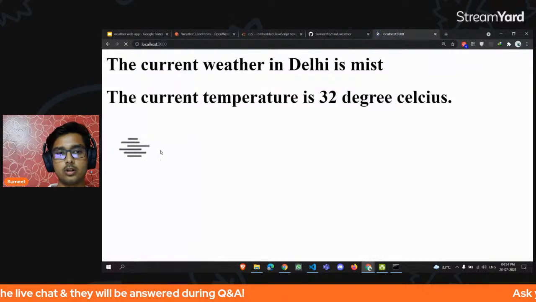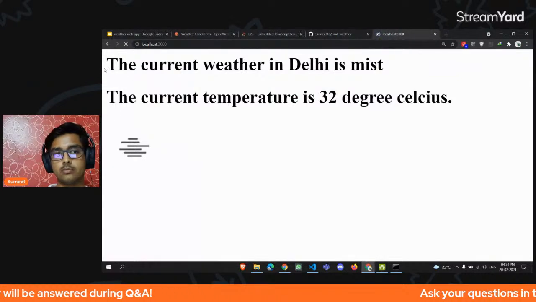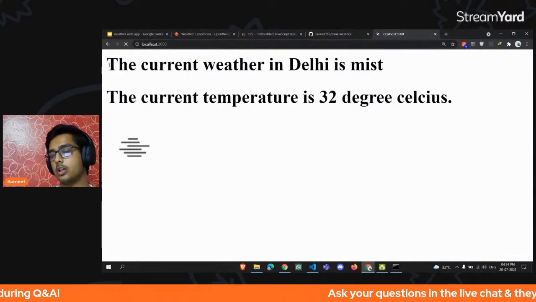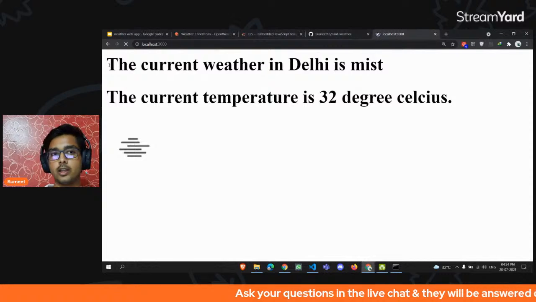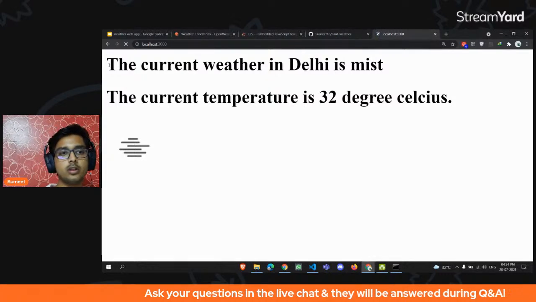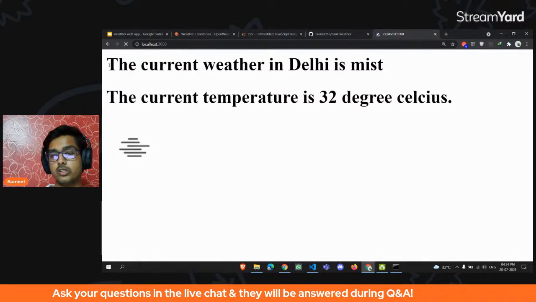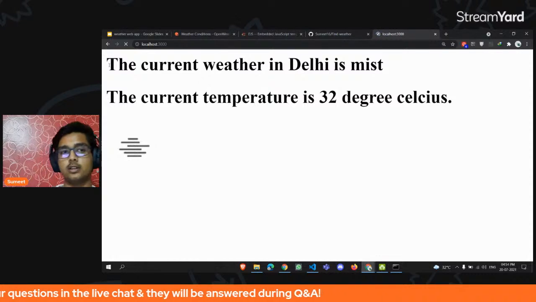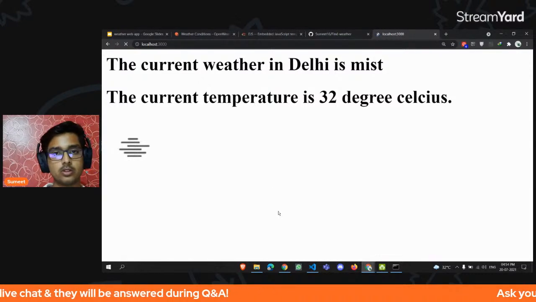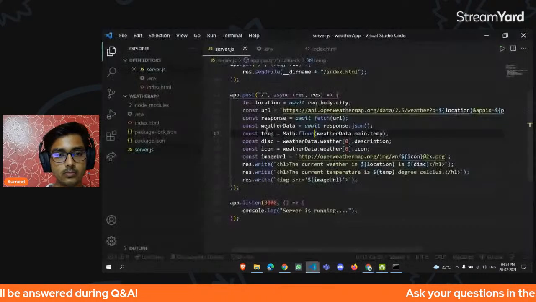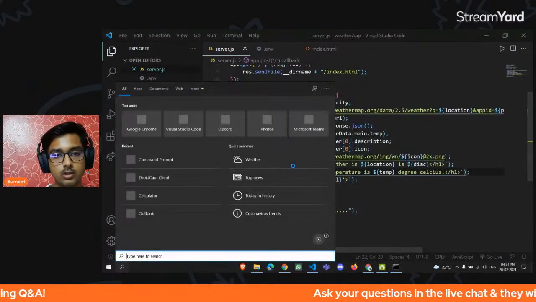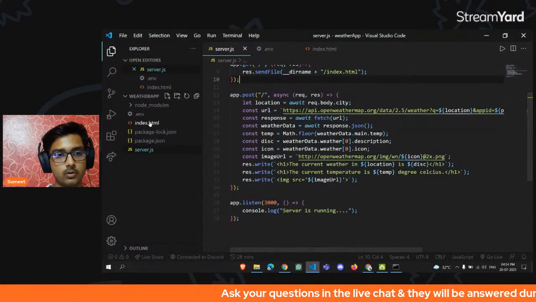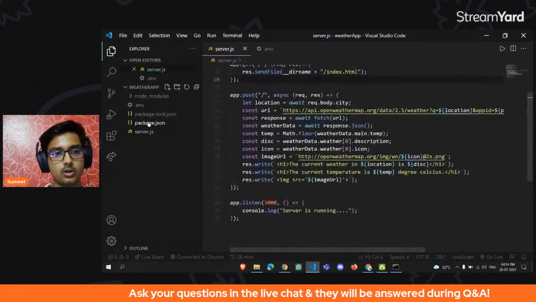Let's talk about the alternatives of EJS. So the alternatives are Pug, and then we have HBS also. But I recommend you to use EJS. It's faster than the others. Okay, so now what we are going to do, we are going to delete this index.html,